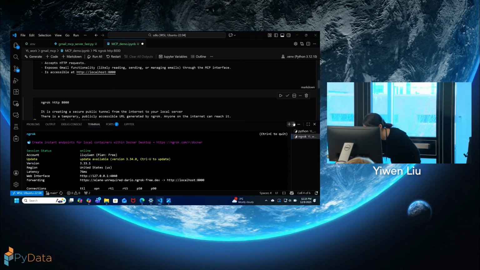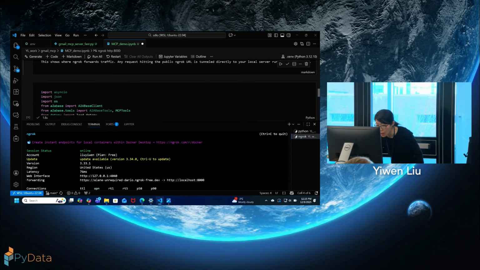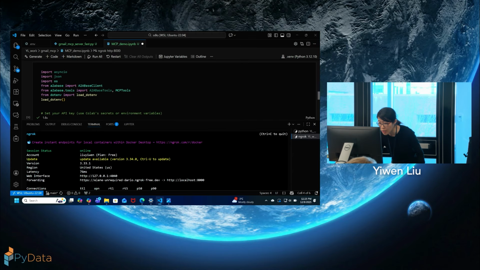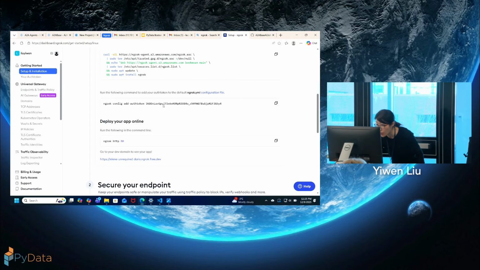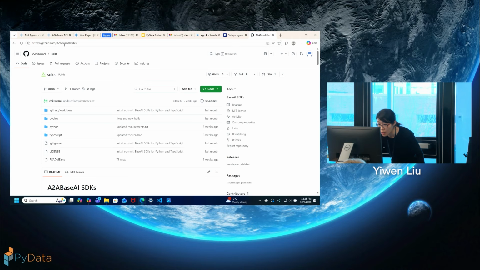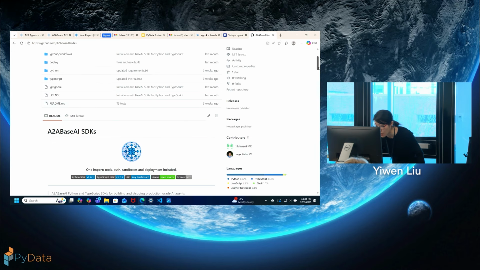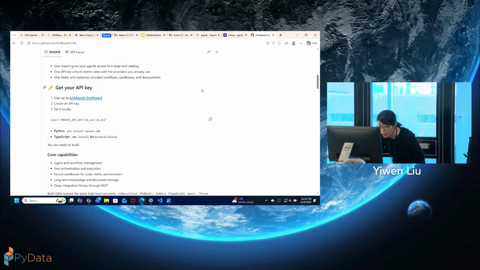Okay, so what I'm going to do is use an open source package called A2A base. It's very straightforward. You can find the repo by just searching A2A base AI SDK. This is an open source SDK. It has some Python examples, and it's, you know, offline. You can do the pip install, and then you go to the link and get your base AI API key, and you can get like $3 credit. So you can create an agent on this platform for free.